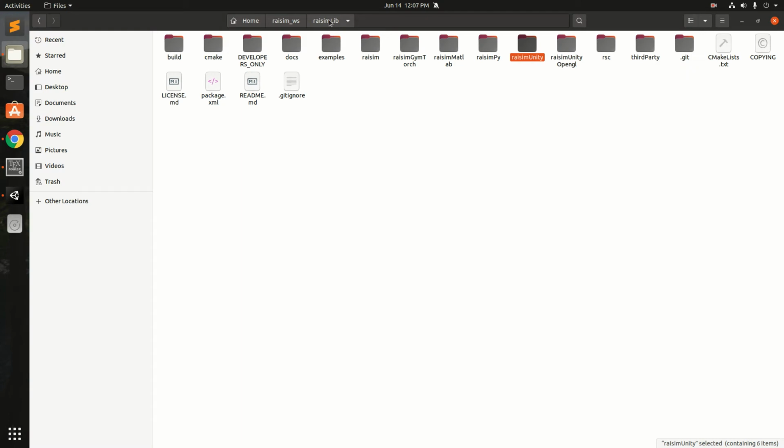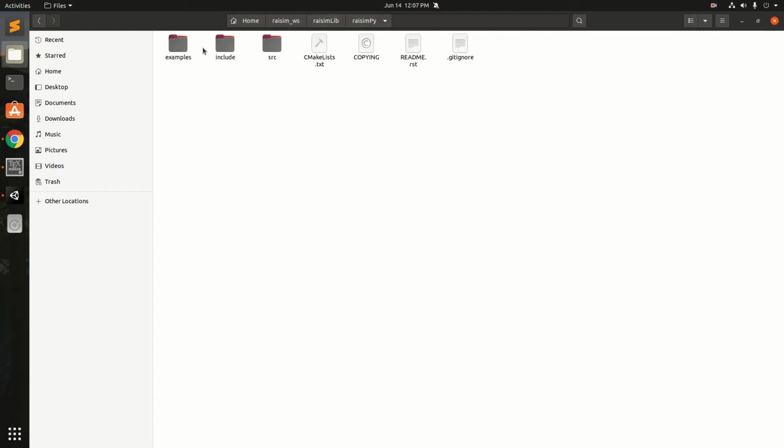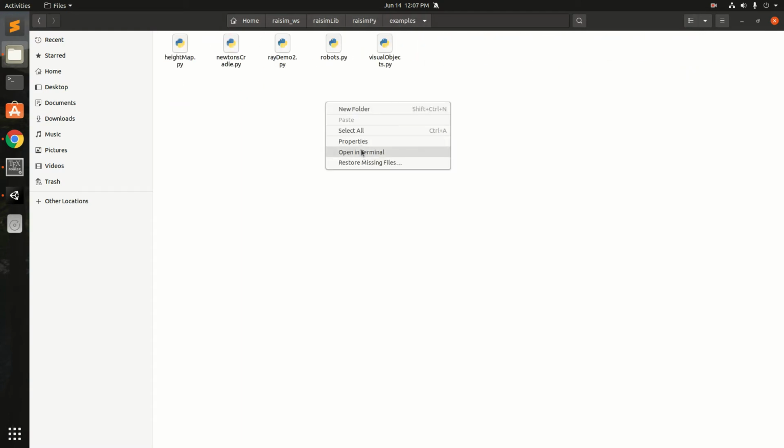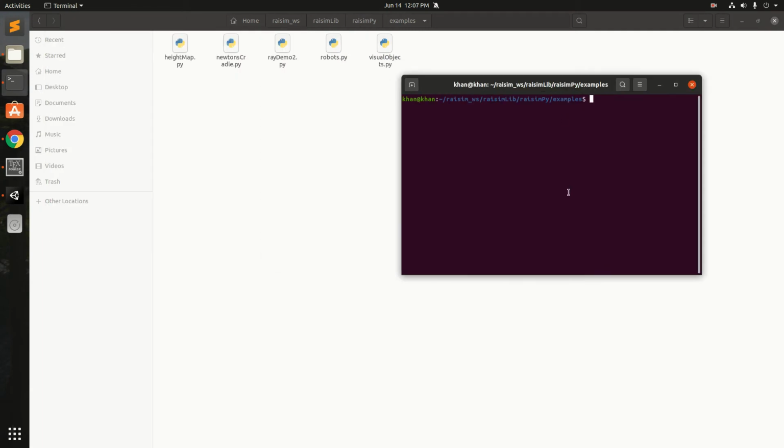We go to RaiSim lib and then RaisimPy and examples and open in terminal. Here we have different modules, so let's run all of them one by one. Let me first write height. Okay, so first of all I have to export my RaiSim,